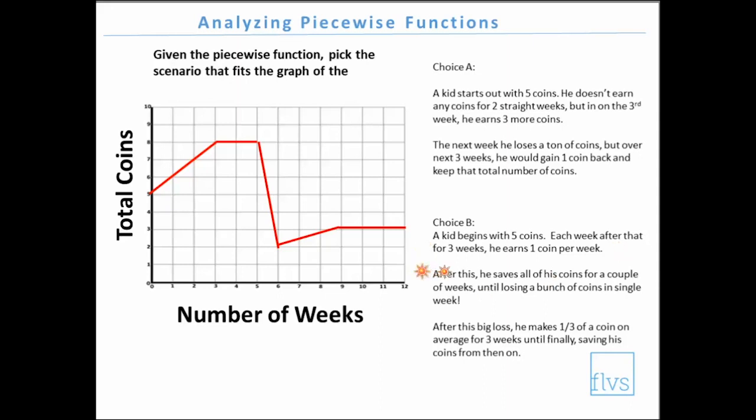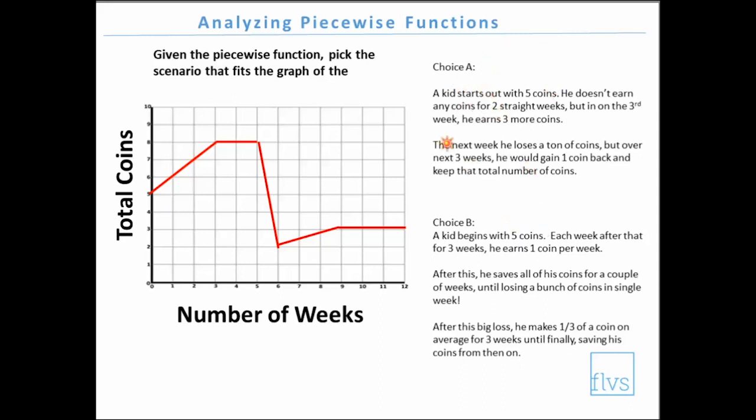After this, he saves all the coins for a couple of weeks until losing a bunch of coins in a single week. After this big loss, he makes 1/3 of a coin on average for 3 weeks until finally saving his coins from then on. You might want to pause the video and determine which choice you think is right and why. Well, if you did that,